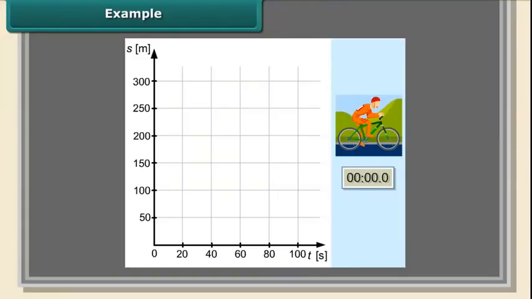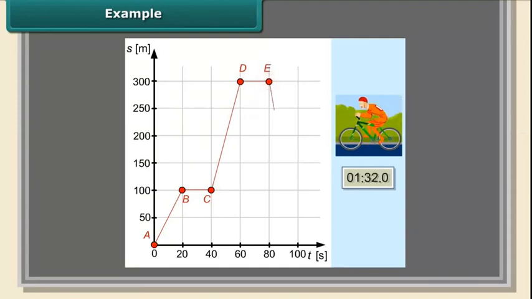This is the location-time graph for a cyclist. While plotting the graph, the short moments of time where the cyclist changed his speed were neglected. From the graph, we can determine the location of the cyclist at a given moment, the type of motion with which he was traveling along particular segments, his speed, the distance he covered, and even his direction of movement. So from segment AB, we can discover that the cyclist covered a distance of 100 meters